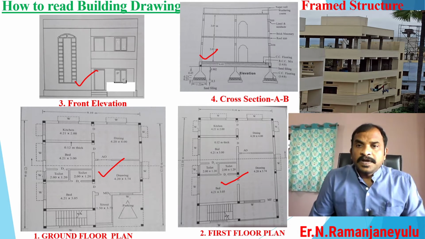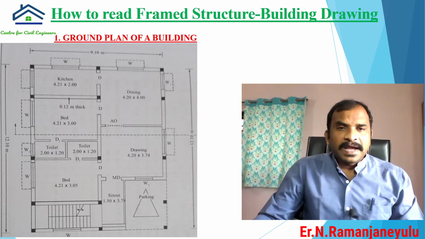Mainly, this is an example of a frame structure. This is a completed, constructed building. Here there are G plus 3 floors. The ground floor and first floor are completed, whereas in the second floor and third floor only the frame is completed, the remaining structure is not completed. This is the best example of a frame structure. The structure which is constructed using footings, columns, beams and slabs is called a frame structure. Nowadays people are using this type of structure. Let me explain about the plan here.